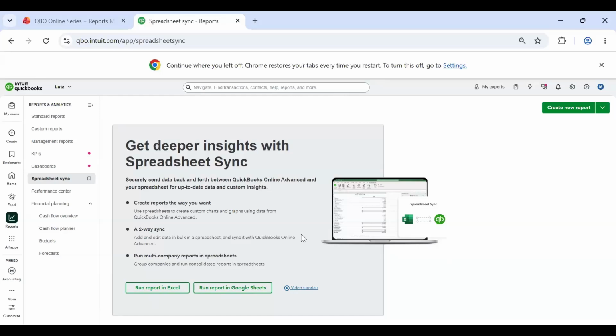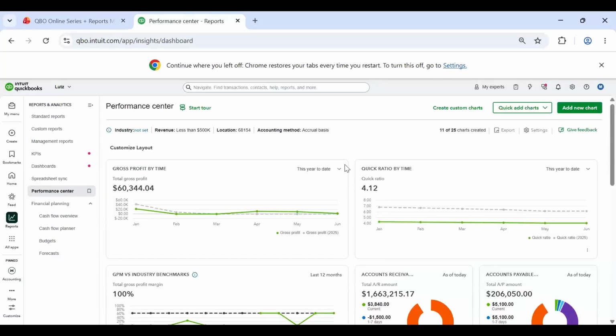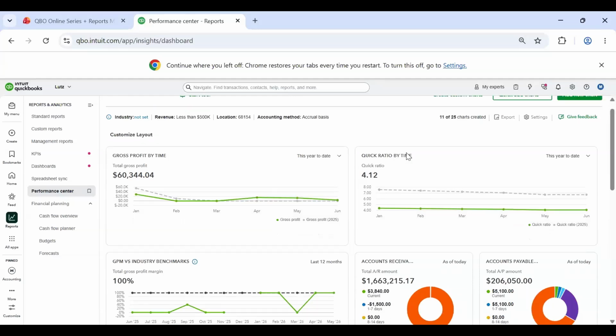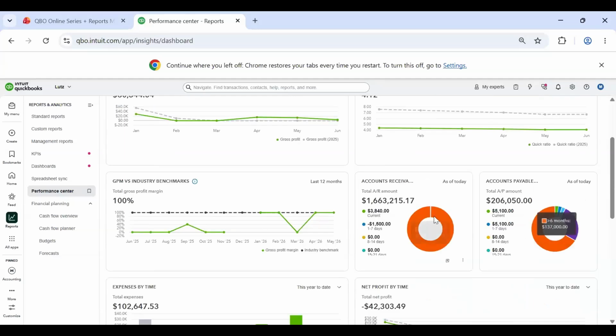Just another way to kind of make it easier for the consumer. So if they don't like working in QuickBooks and they like working in Excel, this is one way that they can get around that. Performance Center, similar to dashboard, this gives you more visuals on kind of important figures that